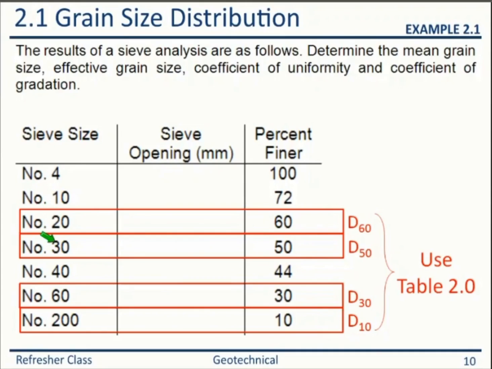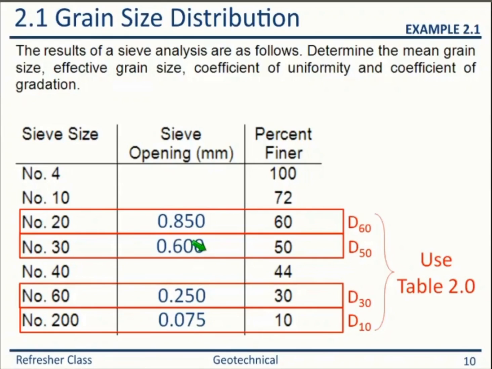And these are the sieve sizes, but these are not the particle size. You have to find the particle size or sieve opening. So from the table 2, you can find the particle size. So once you know this, then your mean grain size is D50. So for this problem, your effective particle size is 0.75, mean grain size is 0.6,